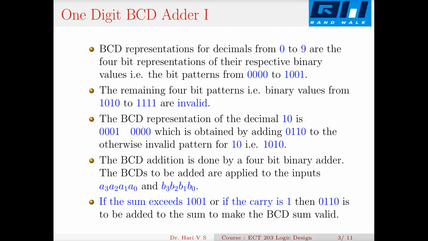So what is the BCD corresponding to the decimal 10? The BCD value corresponding to decimal 10 is 0001 0000, that is 0001 corresponding to this 1, and 0000 corresponding to this 0. How do I obtain this? What I get is 1010. This is a binary pattern. How do I get 0001 0000 out of this 1010? That is by adding 6 to this. If I add a 6 or 0110 to 1010, it becomes